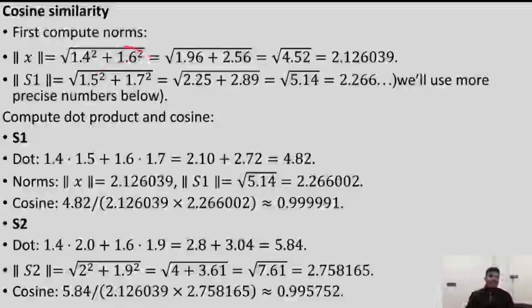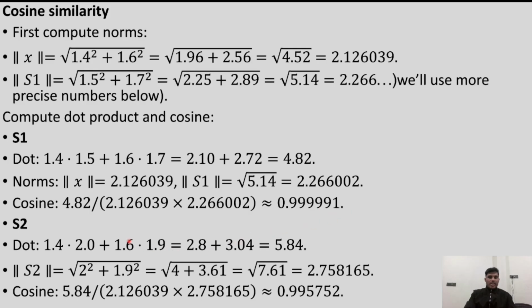Cosine similarity, first compute norms. So the norm of x equals 2.16039, and for S1 we got under the root 5.14. By solving further we got 2.266 and so on. We'll use more precise numbers below. Now compute the dot product and cosine. The dot product we got is 4.82 and the norm of S1 equals 2.26602. So cosine equals